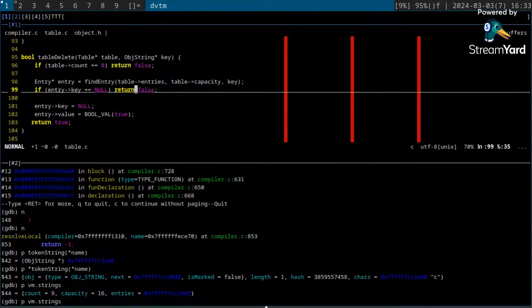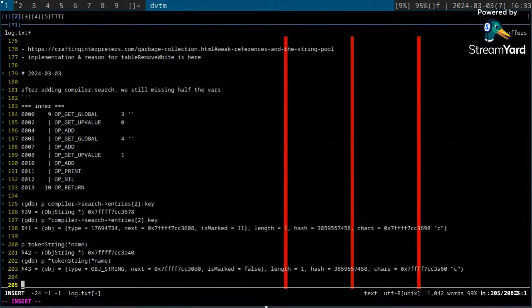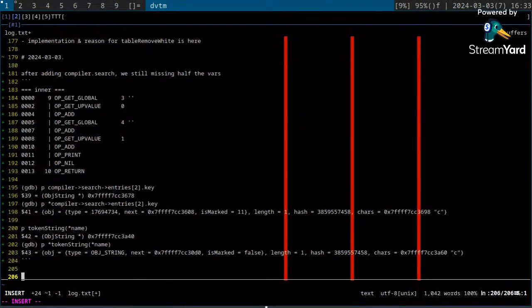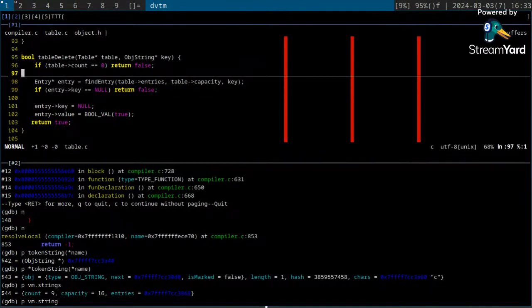For some reason, it's 11. This is 11. Okay, so let's go 11. 11 plus in